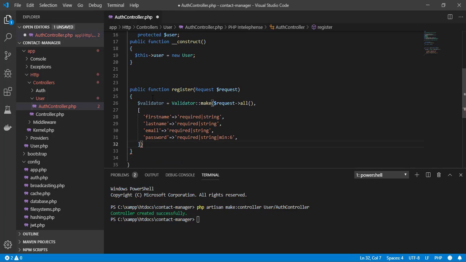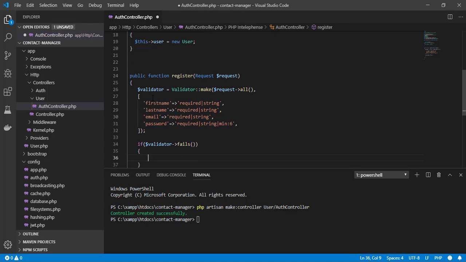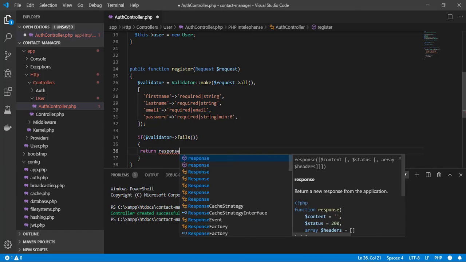All right, and let's just put a semicolon here, and now we'll say if the validator fails, basically if maybe one of the credentials entered, maybe the name, the email, or maybe the password, is either blank, or maybe the email is not a type of email. Sorry, we made a mistake here. This is not supposed to be a string. This is actually supposed to be a type of email. So let's say the email is empty, or it's not an email, or maybe the password is less than 6 characters. Then we're going to return a response to the user, of course a JSON response,